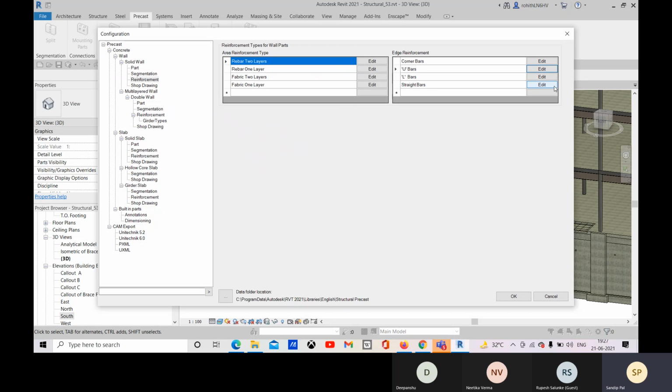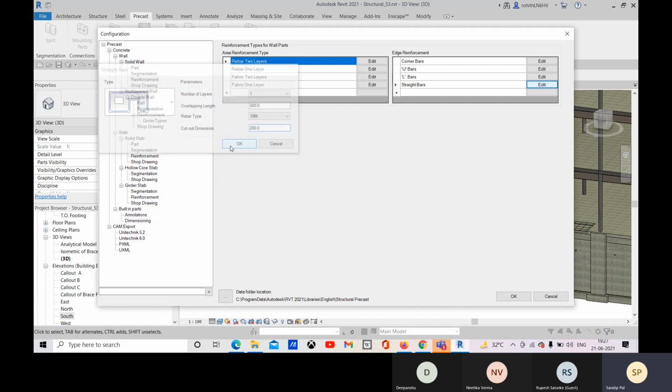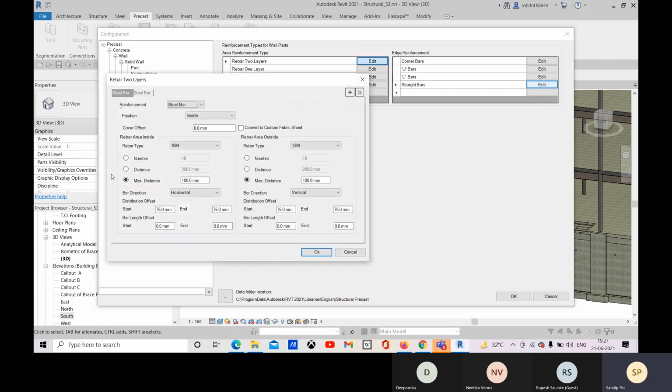For any straight bars you are adding, you can mention the overlapping length and all. Here I will mention 500, and the cutout dimension is okay. And rebar two layers: here you can mention the position where it will be placed.